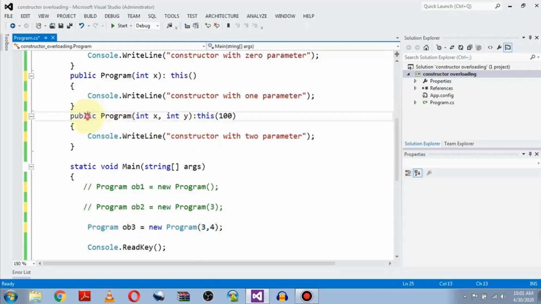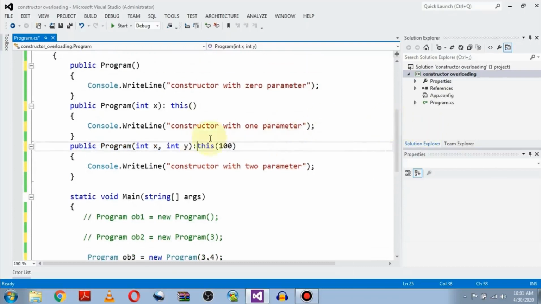So this constructor will be called having two arguments, but when the control comes to constructor number 3, this constructor is connected with the constructor having one argument. So the control will directly pass to constructor number 2, which is having one argument, but again this constructor is connected with the constructor having 0 arguments.